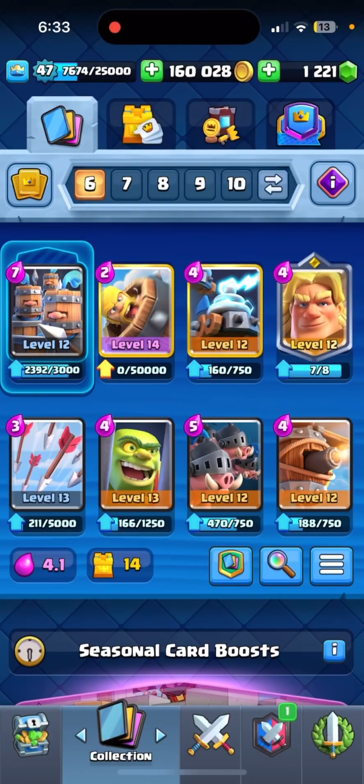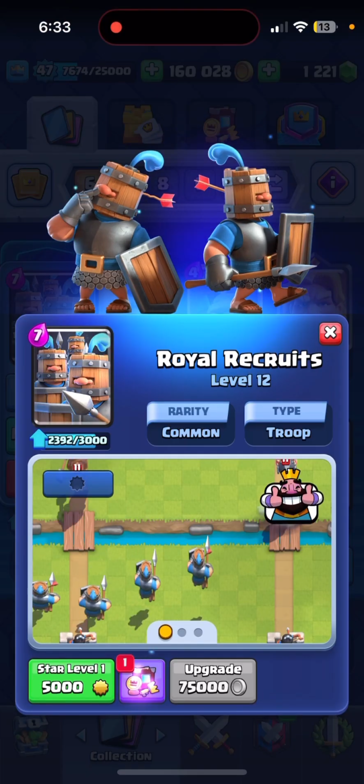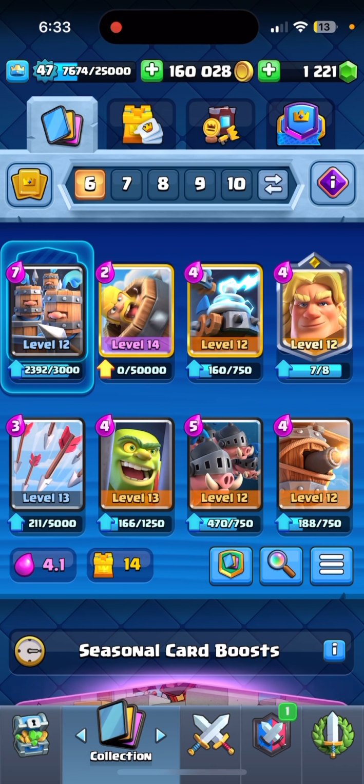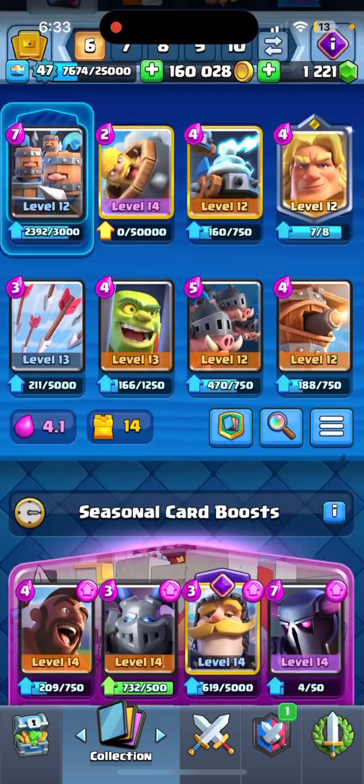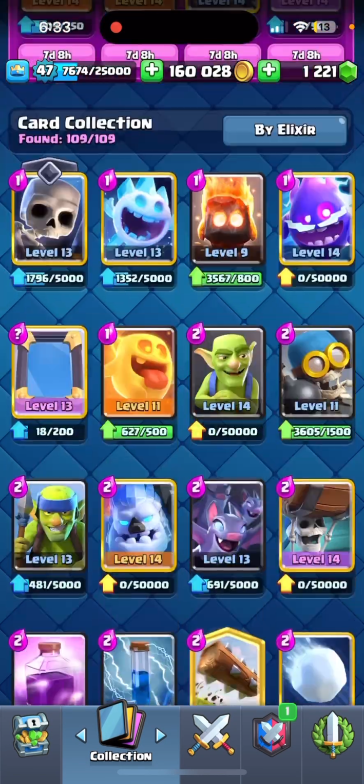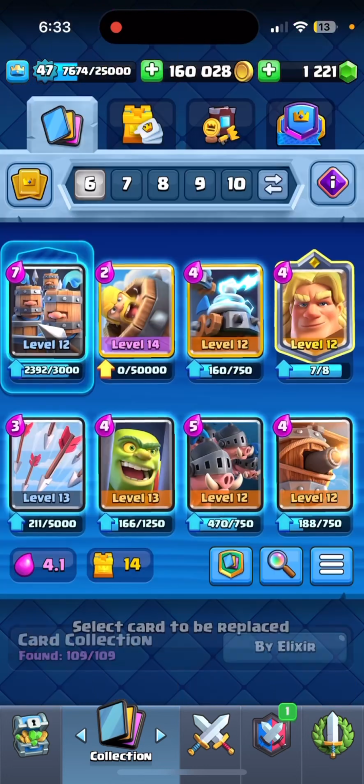Right, so there's a couple different variations to this deck that I'll show you guys. This is the most basic variation, and this will probably be the best variation you can play because next season, if the Royal Recruits do get an evolution, this will probably be the best deck you can play with them in the evolution slot. But this Fireball Bait deck is an old deck, so I often replace the Flying Machine